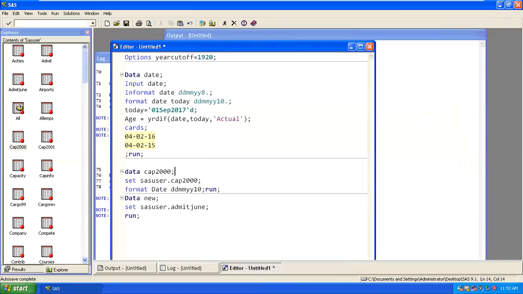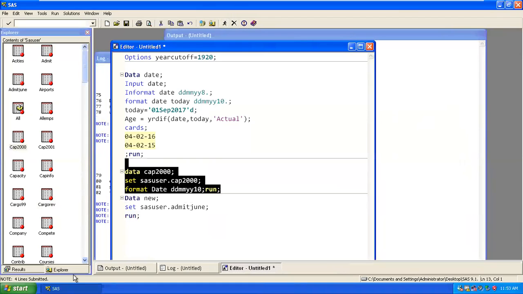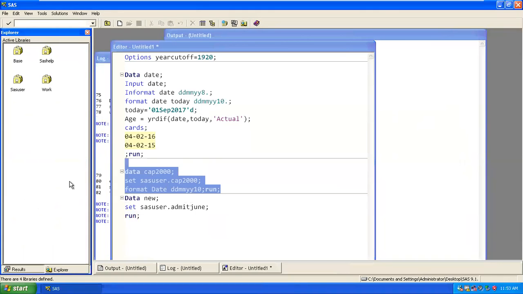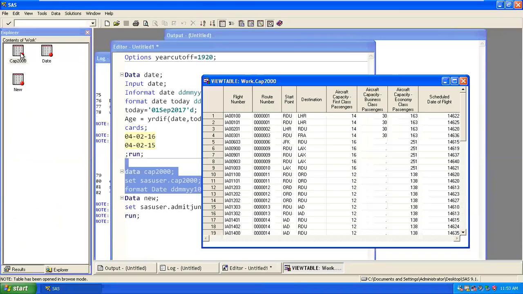Now, if you go ahead and look at this data set, you'll have this data set with a different format. So now if I wanted to filter based on that, so we have a format like this.